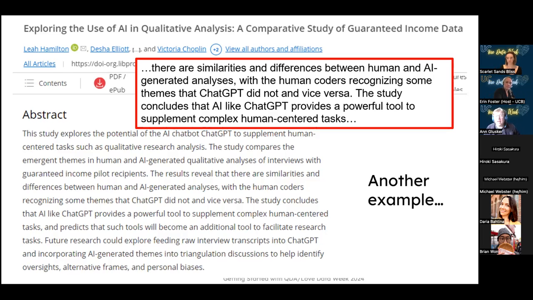So this is what we generally as librarians are trying to say, which is use ChatGPT and other AI tools the way they are meant to be used and for the things they are strongest for. So if ChatGPT is going to help me identify themes that I might not have seen, I'm definitely going to use it. I'm not at all saying don't use it, but